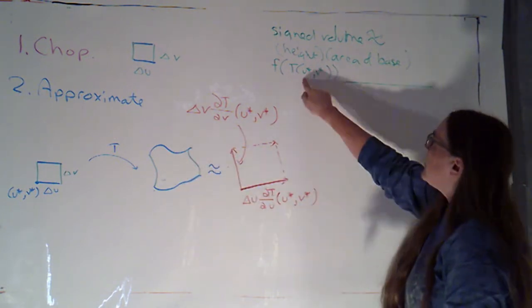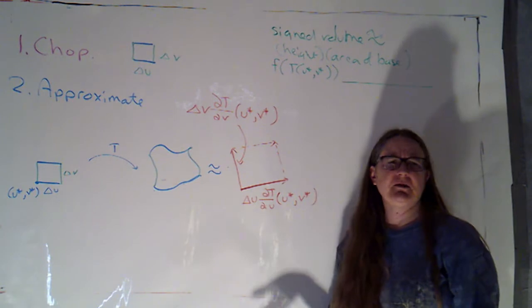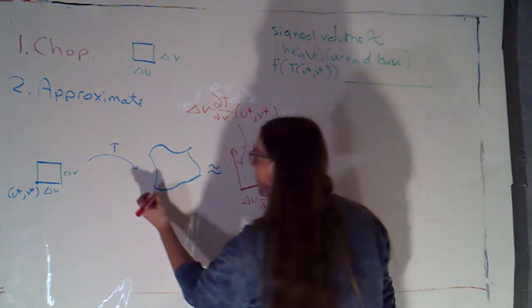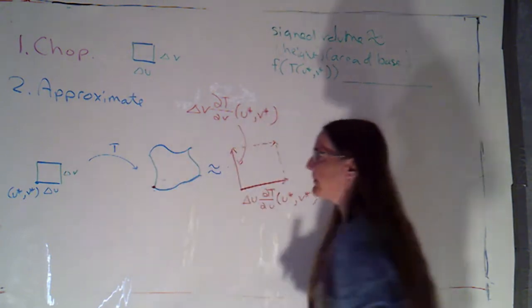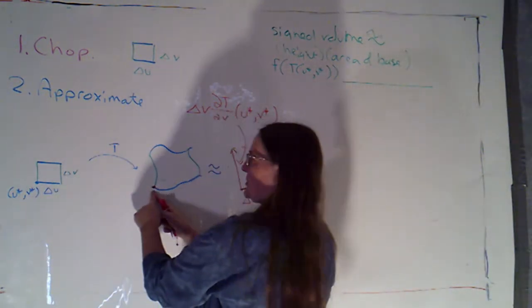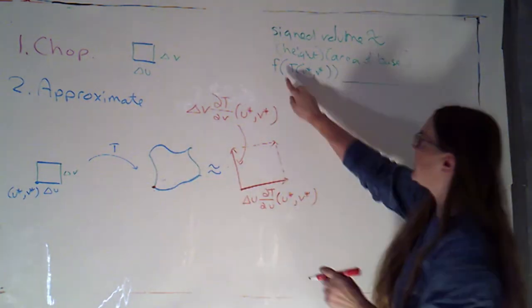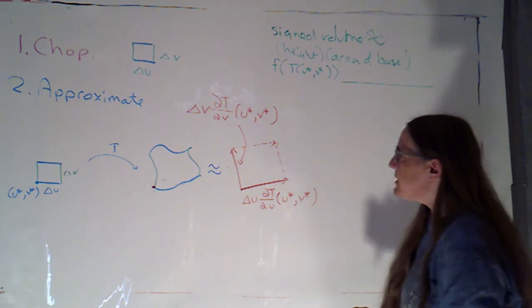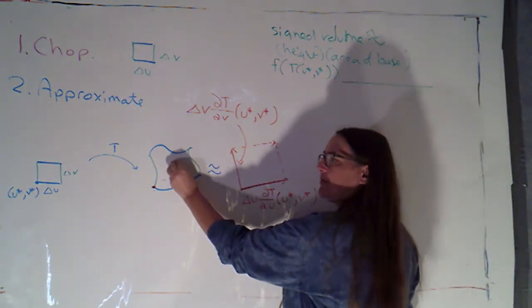Okay. Now we approximated the height the way we usually did. We just went into denial and pretended that the height was constant and that the height was always the value of the height at that particular point. Okay, so if this point is T of u star v star, we simply plug that into f to get a representative height. Okay. And then we said we could approximate the area of the blob with the area of